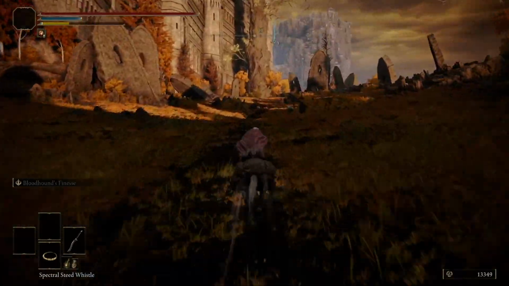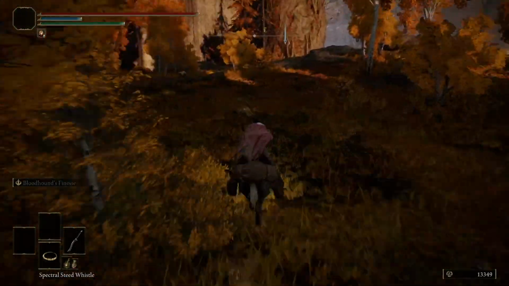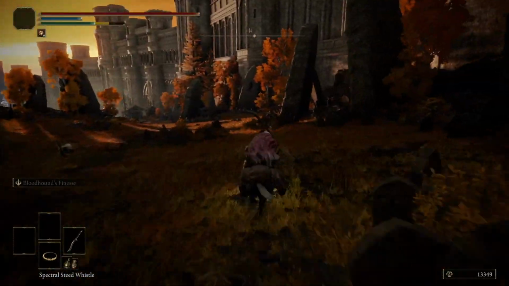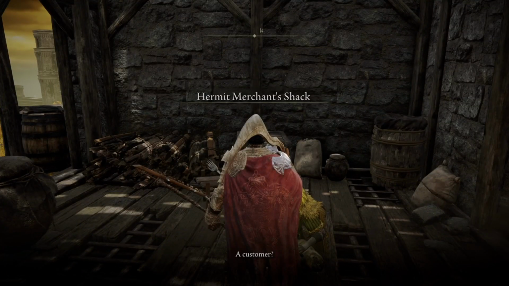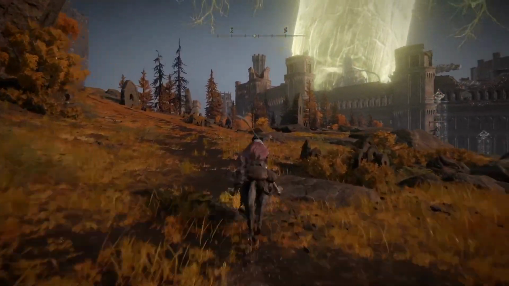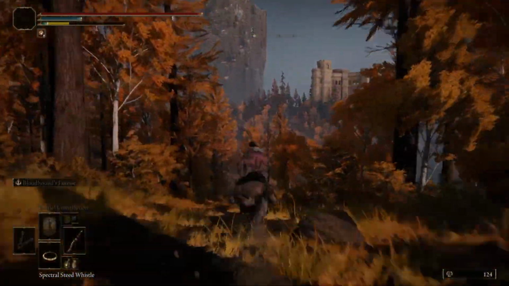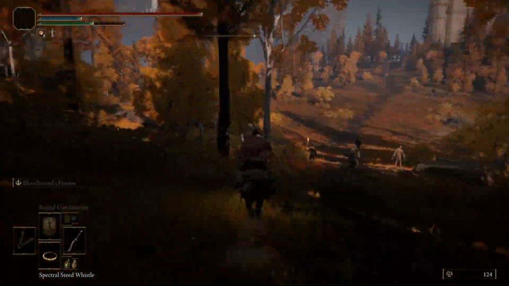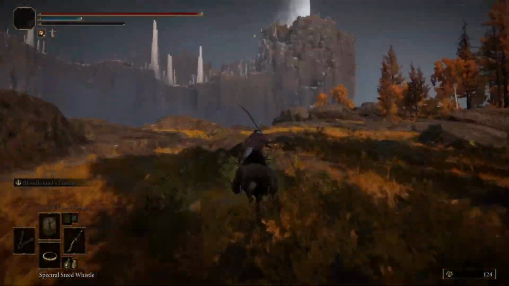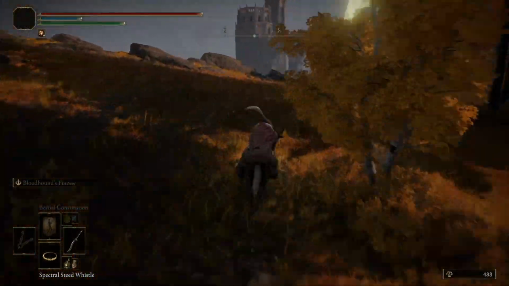Head north of the shack to a small altar that holds the Winged Crystal Tear. Pick up the tear and head back to the merchant's shack. So head east, and more east, and yet more east, just east. And then